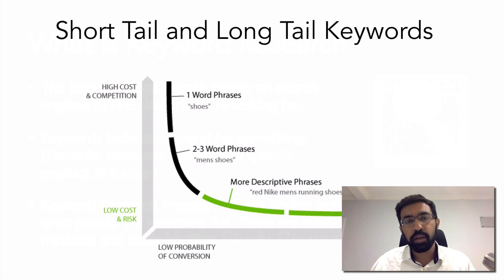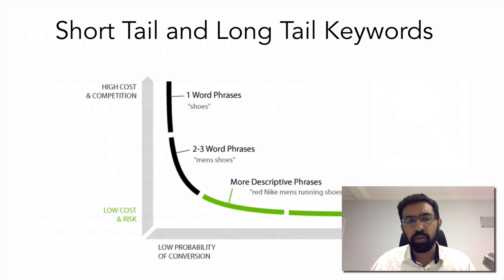So here long tail keywords are much higher, and serving these long tail keywords with enough landing pages and content is usually a bit of a difficult task, and that is why the competition here is much lesser. But also, as I said, if someone is very specific about what they want, then the chances that they will buy it is also going to be very high.